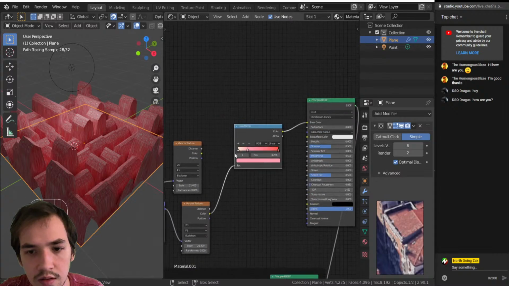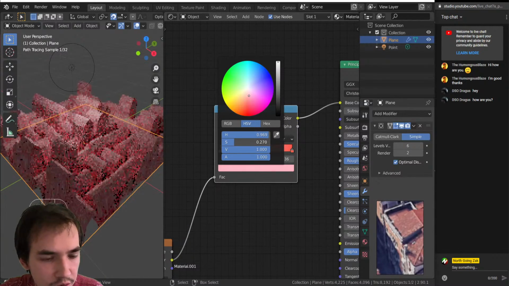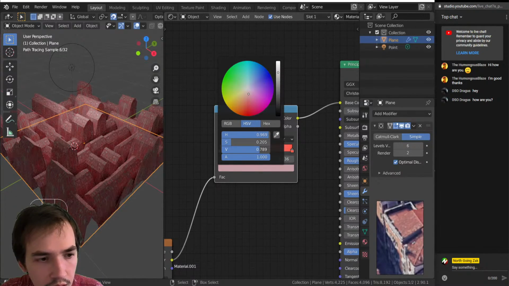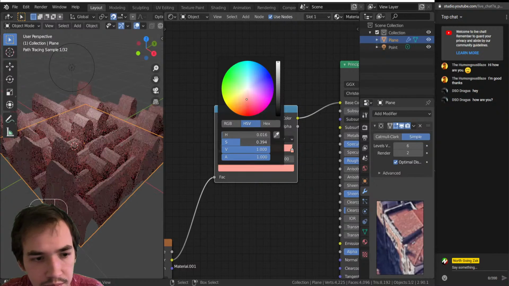So it's looking maybe a bit pink. So turn down the saturation. Saturation is the amount of color in something, so we can just turn that down. And just make it, you know,